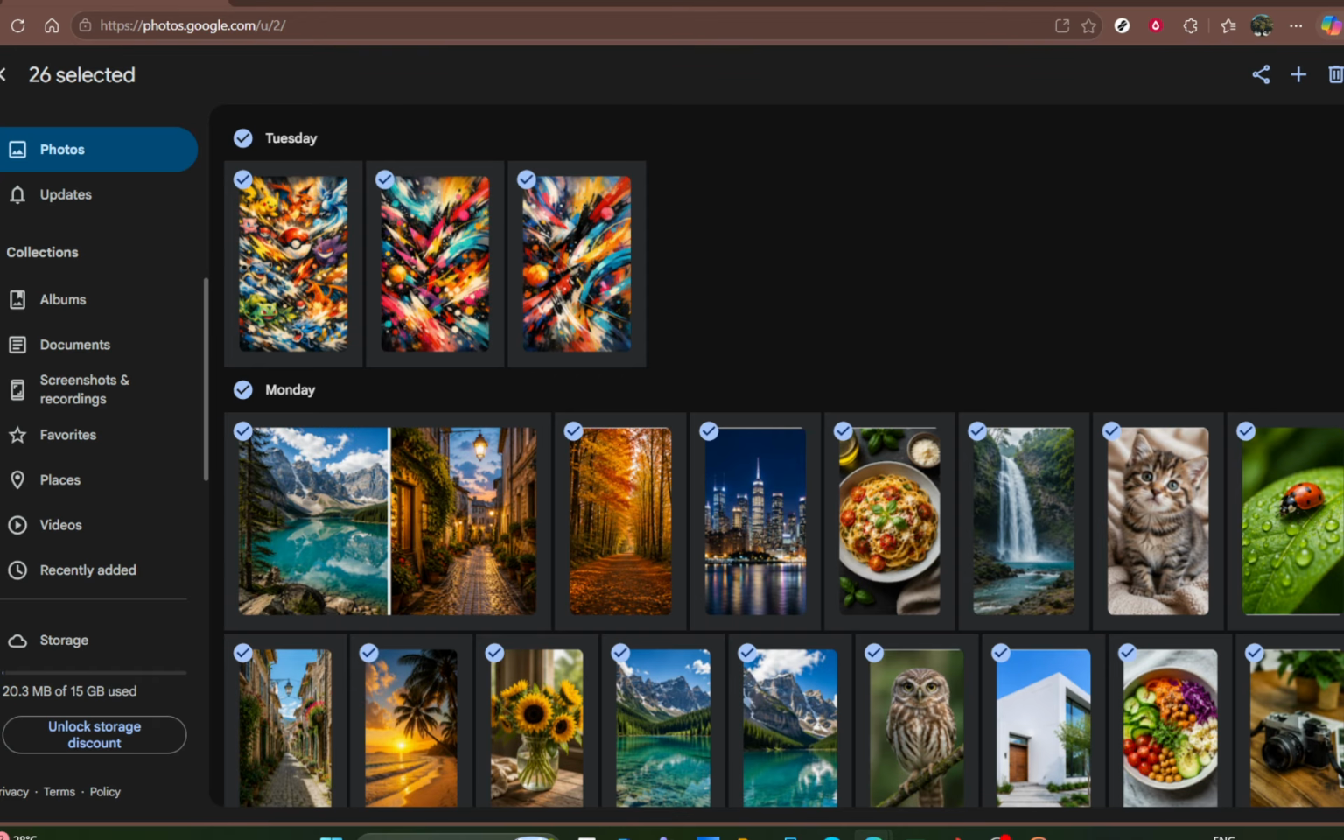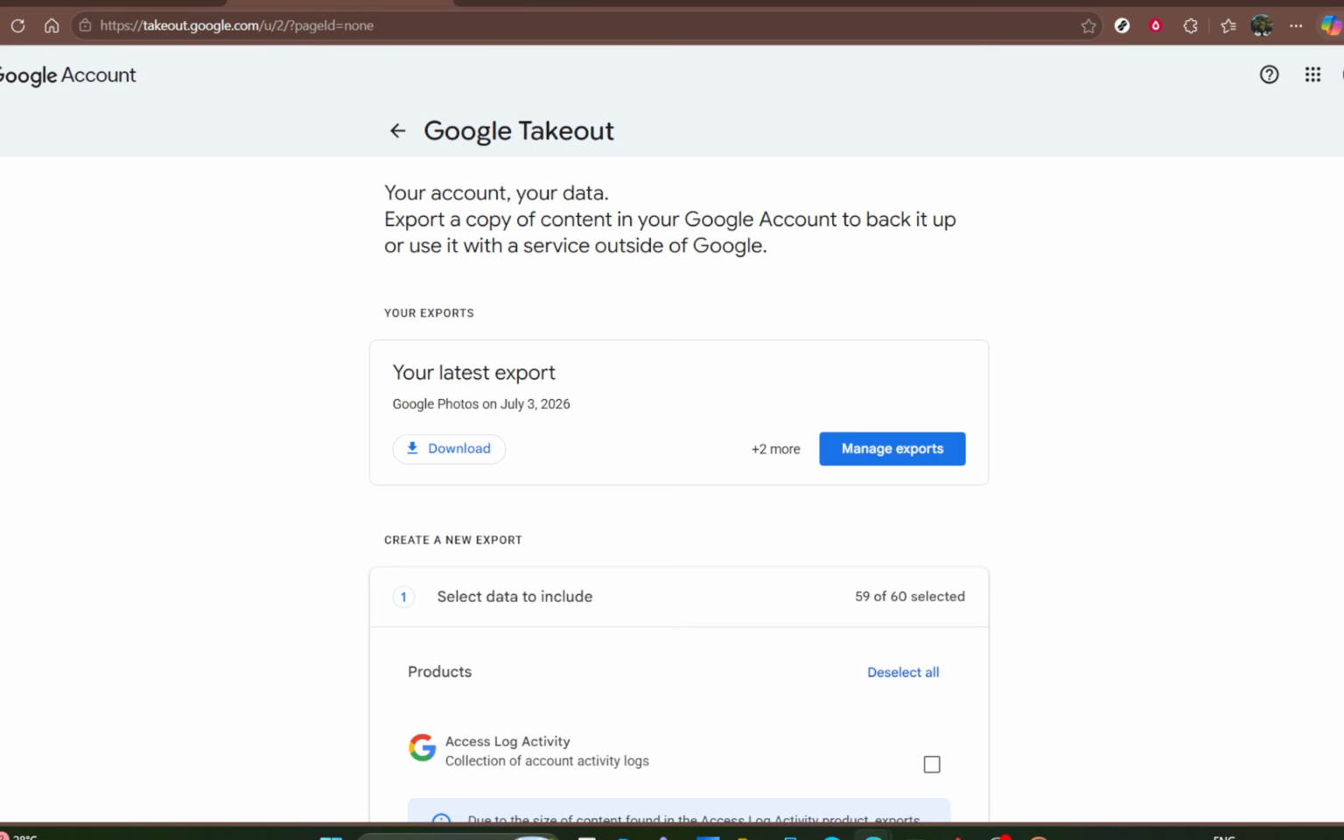Once the download finishes, the files will usually appear in your laptop's default downloads folder unless your browser asks you where to save them. If you want to keep things organized, it's a good idea to move them into a